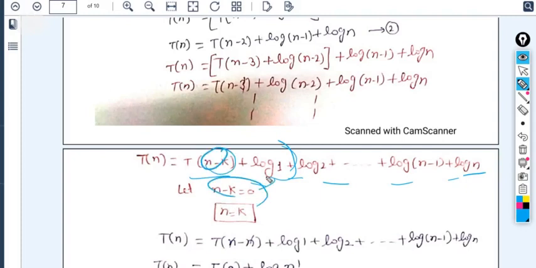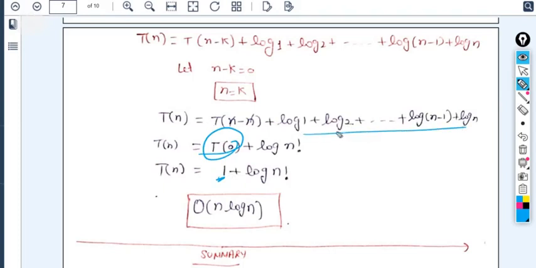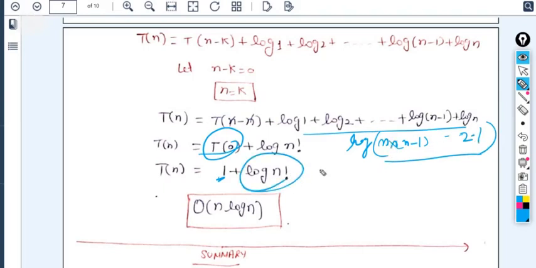So we have assumed that n minus k equals 0. So if you put the value of k as n, so n minus n, and when n and n cross out, log 1, log 2 up to log n is there. So you can write the T(0) value as 1, and of course you take the log as common, as we have previously seen. Then next is n minus 1, then up to 2 into 1. So if you have the multiplication in between them, you can write it as log n factorial. For n factorial, take the upper bound, as we have seen already, it will become order of n log n.